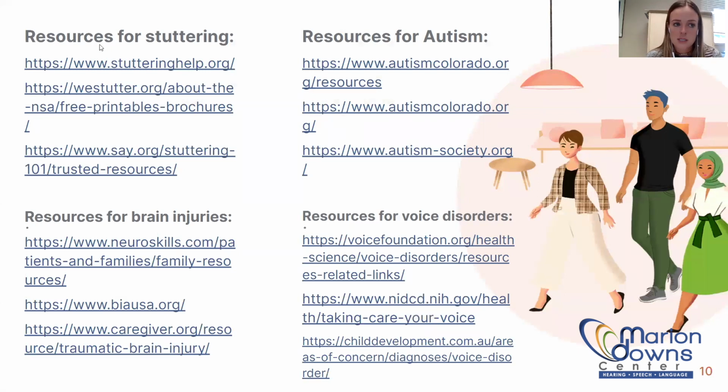And here are some resources. This top one is for stuttering, for autism, for brain injuries, and for voice disorders. These are just a few. There are so many out there under every single topic, but I thought these might be the ones that are either most often searched at the top, stuttering and autism, and then maybe less often so, but very important, brain injuries and voice disorders. There's not a lot on voice disorders, but I know the need is out there, so I wanted to include